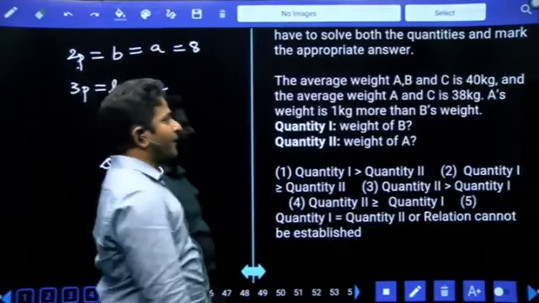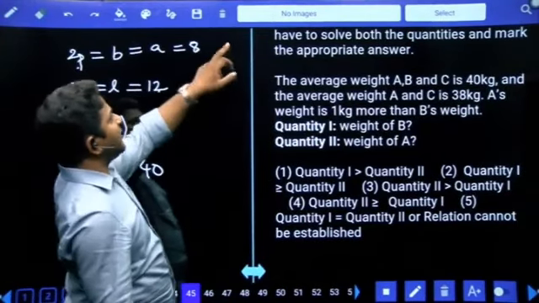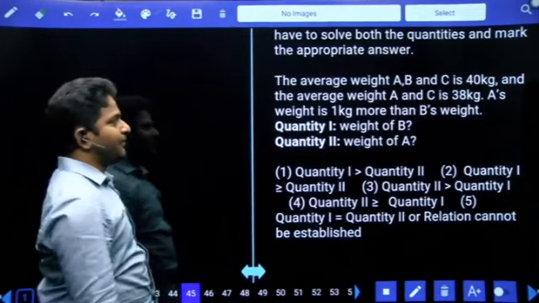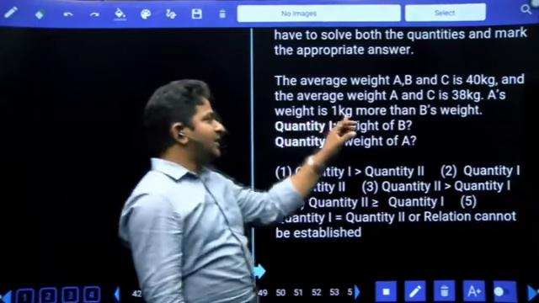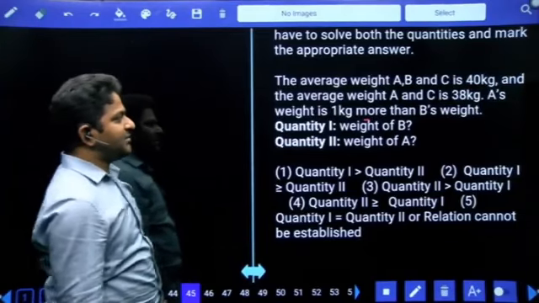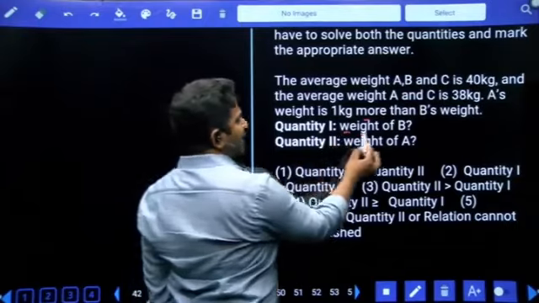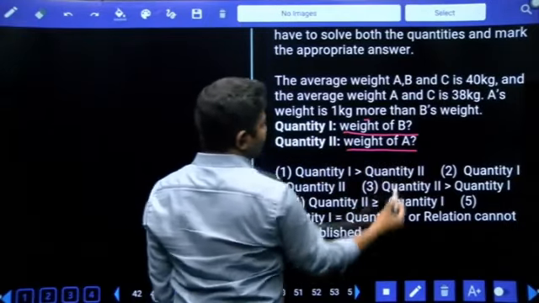Next. The average weight of A, B, C is 40 kgs. The average weight of A and C is 38 kgs. A's weight is 1 kg more than B's weight. In Q1 you are asked to calculate weight of B, and in Q2 you are asked to calculate weight of